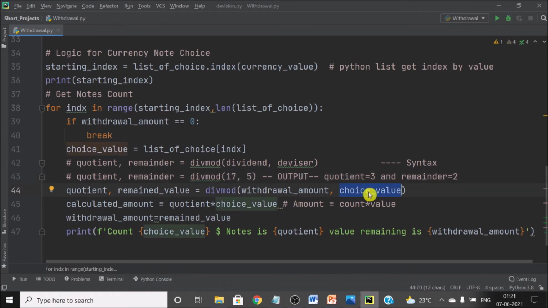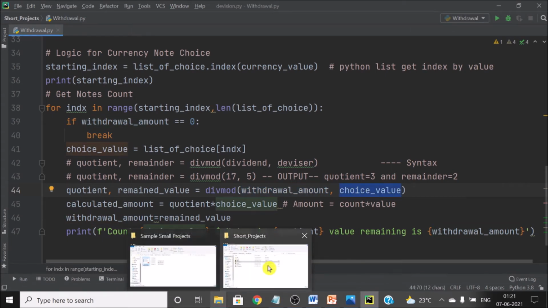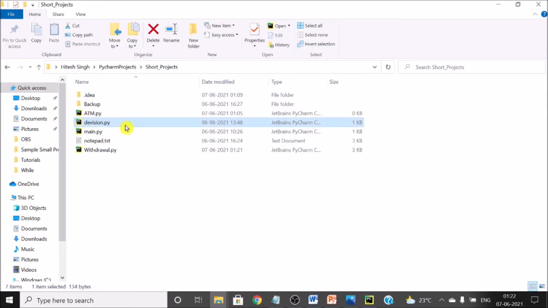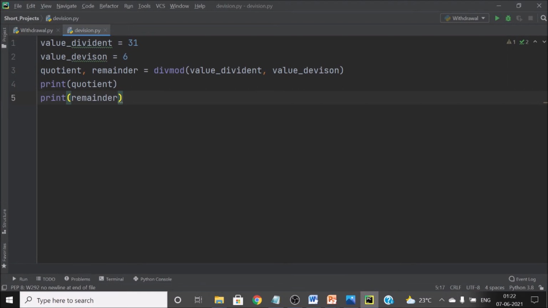Okay, so we have the choice value and we will divide my total withdrawal amount by my choice value. I have one small program for you. All right. So I have this number 31 divided by 6.